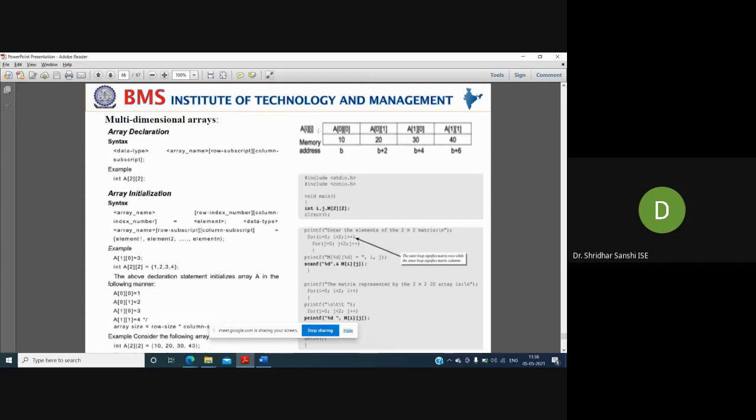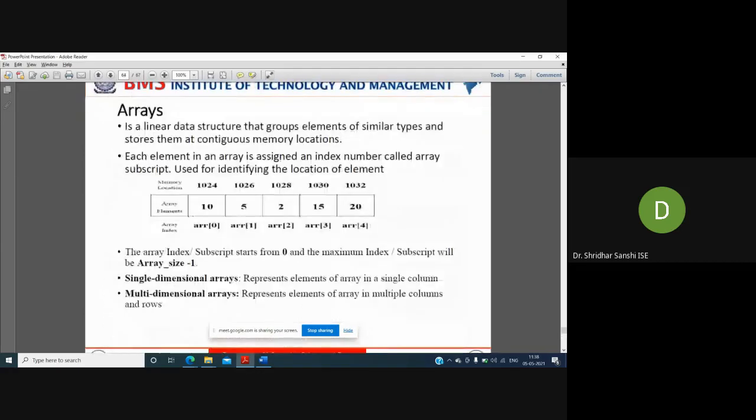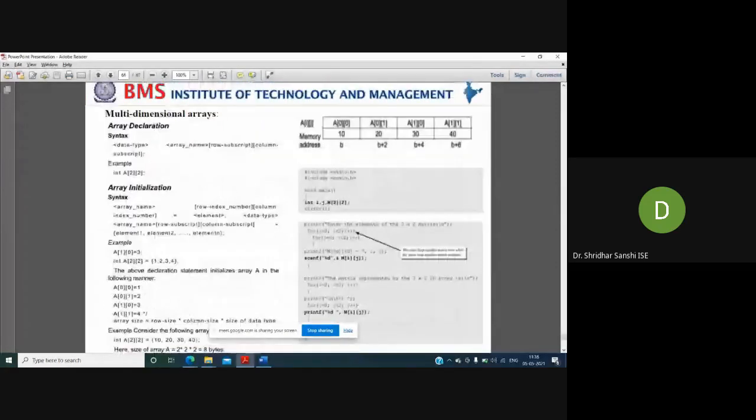In the single-dimensional array, we have only one subscript, that is a of 0. But when I'm talking about a two-dimensional array, I will have two subscripts. You can see this in the example: this is a of 0 of 0, that is, row is 0 and column is 0.